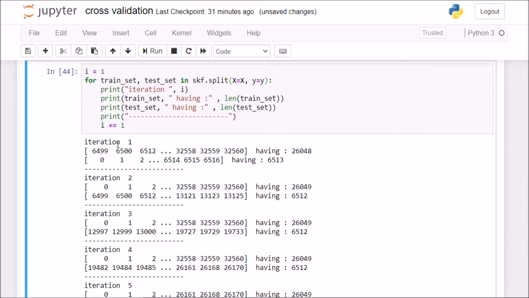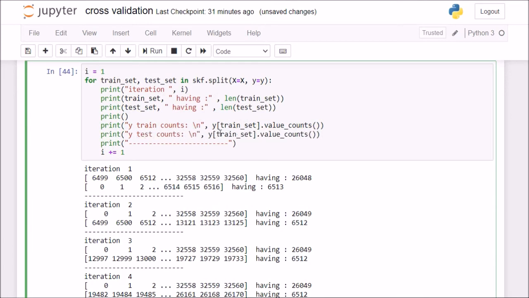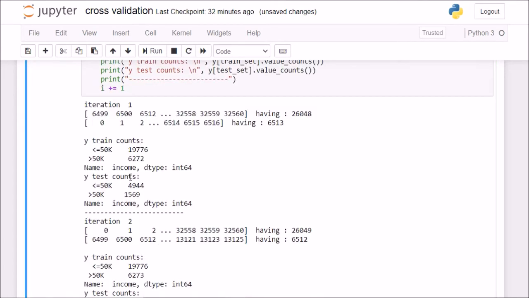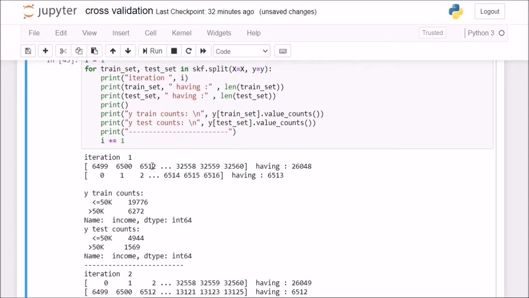Okay, so now you see in this I do not have consecutive labels or index values, because after 6500 I have 6512, because its main intention is to maintain the class label balance, and hence it is not consecutive. And if I now check, just to be more clear, what I have done here is I basically printed the frequency of class labels in each fold.